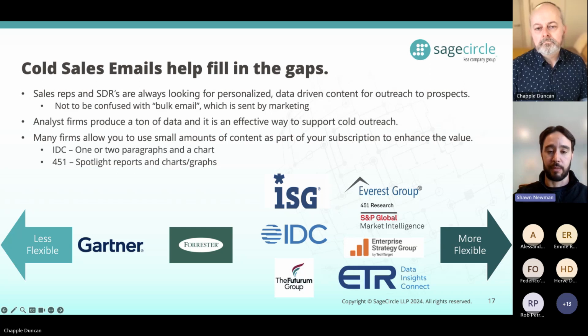But I'm sure people are curious about the graphic at the bottom there. There are less flexible firms, and I think Gartner obviously is well known for that. Forrester is a little bit more lenient, and then there's no science to this spectrum. So if you're on this list and you don't agree with it, please don't take it personally. The general concept here is that a lot of people are going to subscribe to Gartner and Forrester, IDC. Those are the big three.